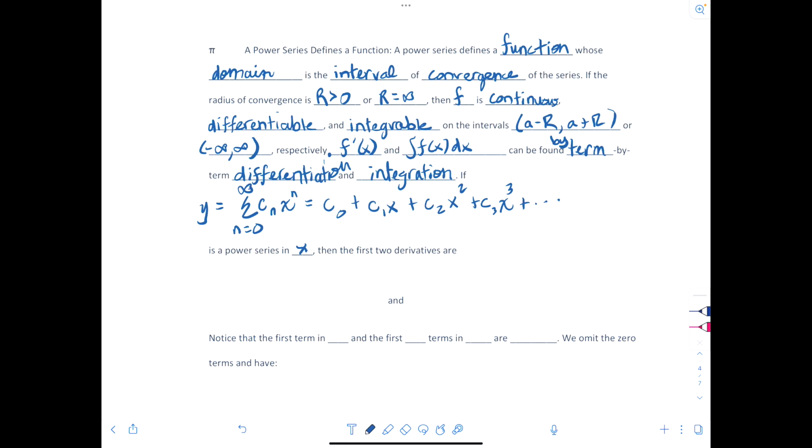If this is a power series in x, then the first two derivatives are going to be